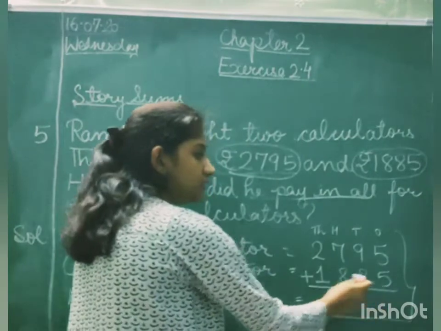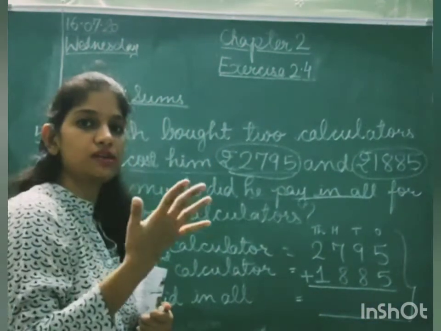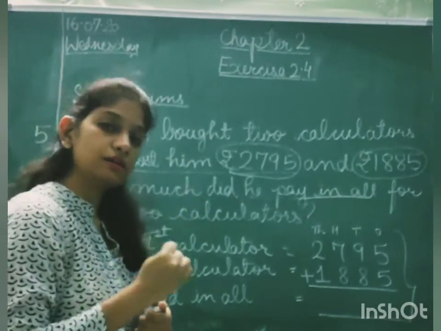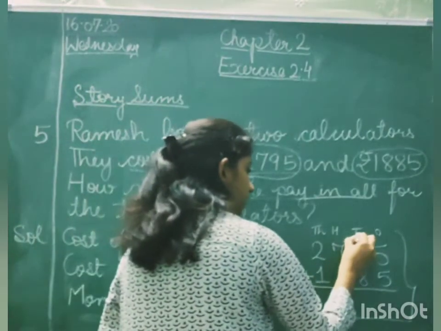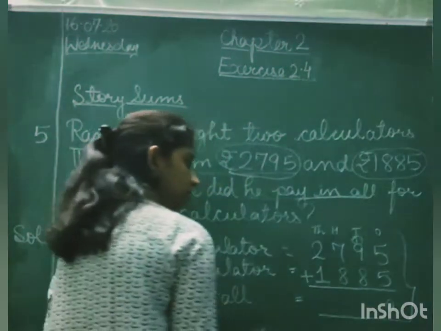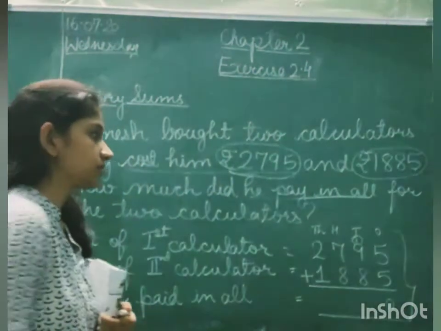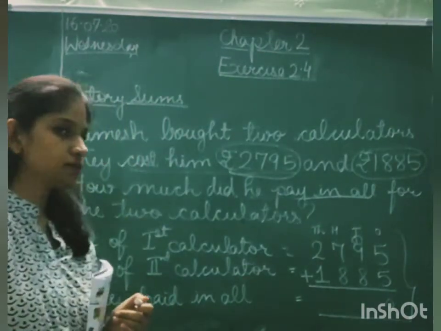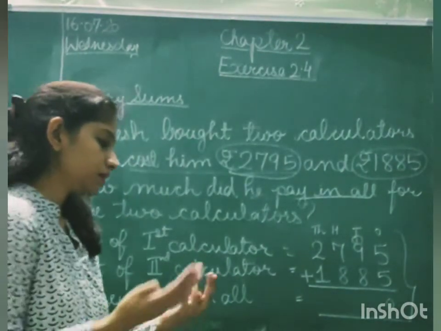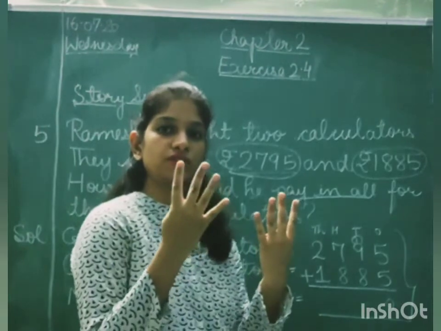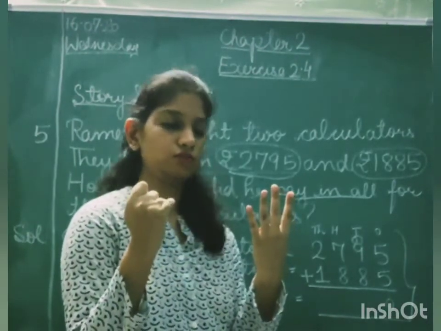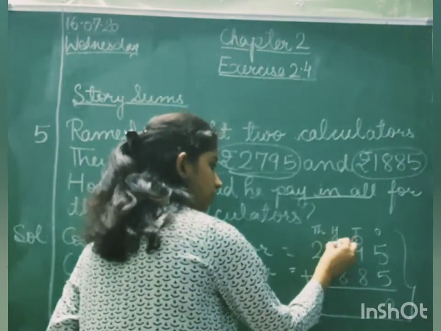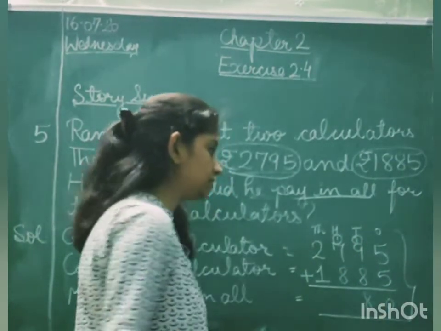Next, 5 plus 5. So 5 in the mind, 5 fingers out, count after 5: 6, 7, 8, 9, 10. So 1 will go up and 0 will stay down. Next, 1 plus 9 will be 10. 10 in the mind. Then write down 8 fingers out, count up to 10: 11, 12, 13, 14, 15, 16, 17, 18. So again 1 will go up and 8 will stay down.